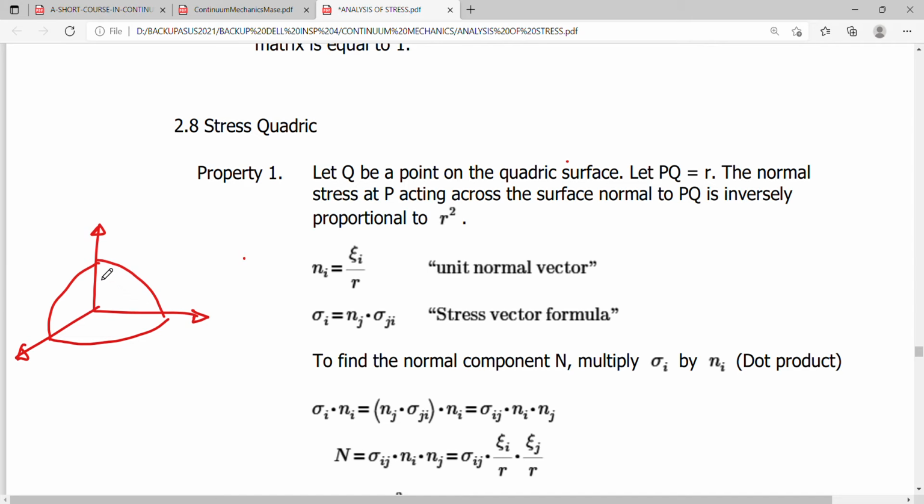This can be in the form of a quadric sphere or spheroid. It can also be a quadric